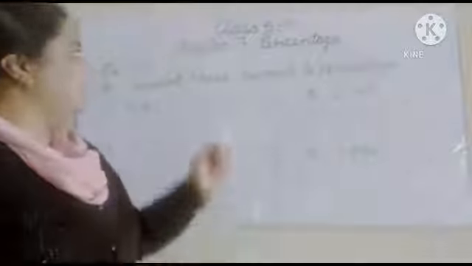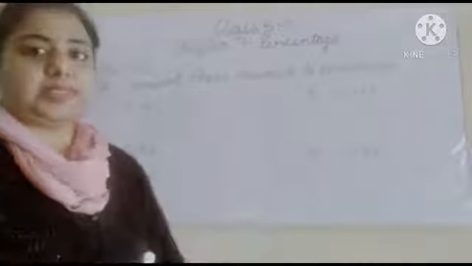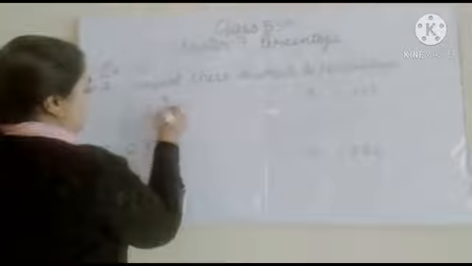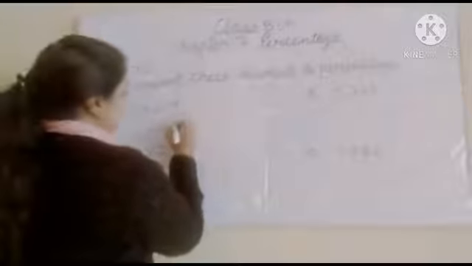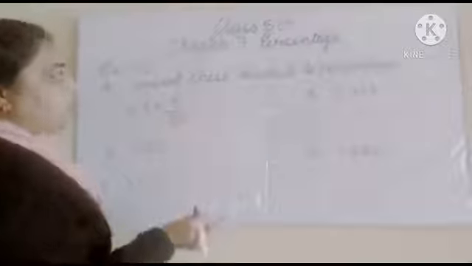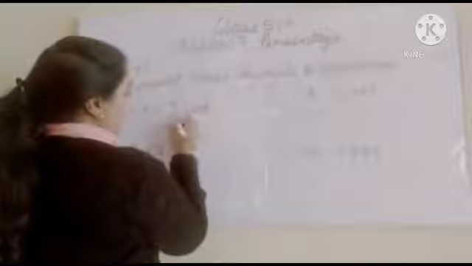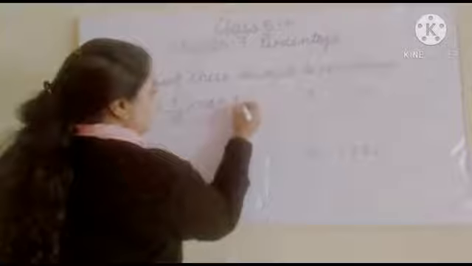Now the exercise 7.2 question number A is convert these decimals into the percentage. So decimal is 0.9. Okay, so first we remove its decimal because one number is there. So first we write 9 upon 10. Okay, and because we have to find the percentage, so we multiply by 100. 0 cut with 0. So answer is 90%. Clear?